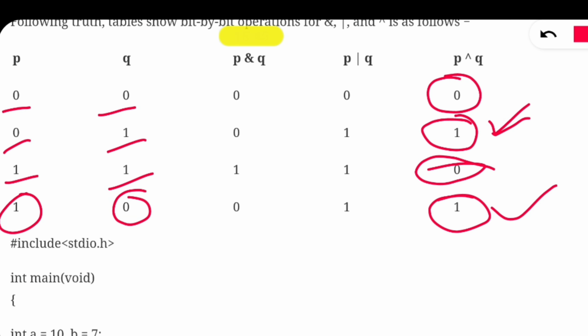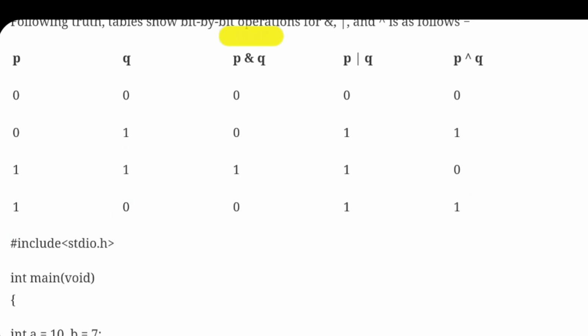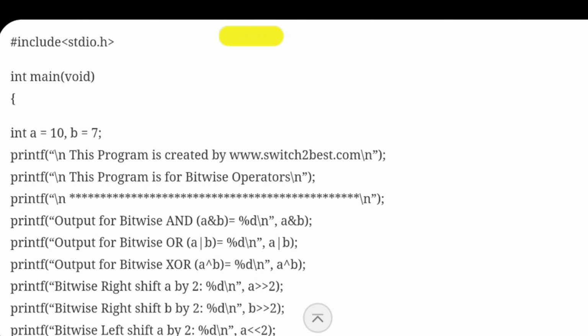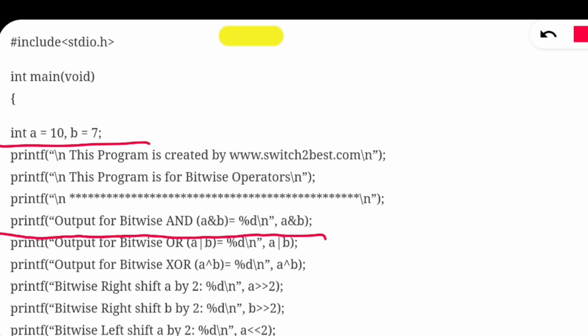Now let's do practically. Let's take an example of bitwise operator, and we are going to start this. I have made a simple example for you so that you can understand properly all the bit level operations in bitwise operator. In first line, I have taken two variables, a equal to 10, b equal to 7. So in first line, what we are doing, bitwise AND. What is the value of A in binary? It is 1010. Fine. What is the value of 7 in 4-bit format? 0111.